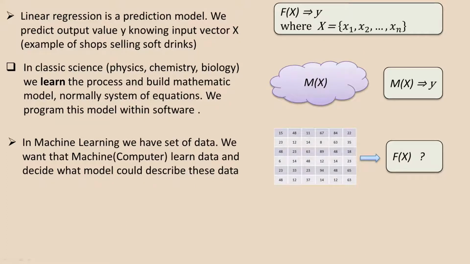And once we have this model which was built by the machine, we can start predicting our output value y, knowing our input values. And please notice we say predict output value y, we don't say calculate it, and this reflects the fact that this prediction is not expected to be precise. Within machine learning, we cannot produce precise results. We cannot actually say for sure what our output value would be, but we can try to predict it.